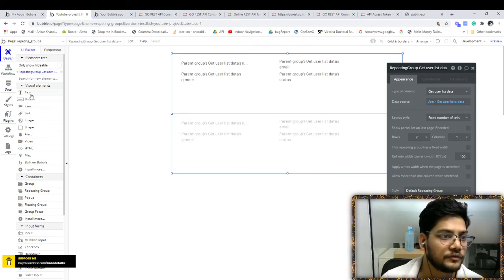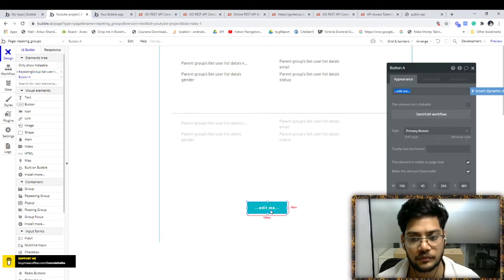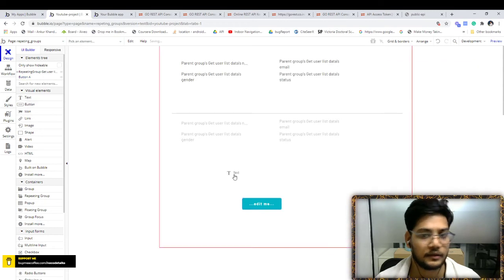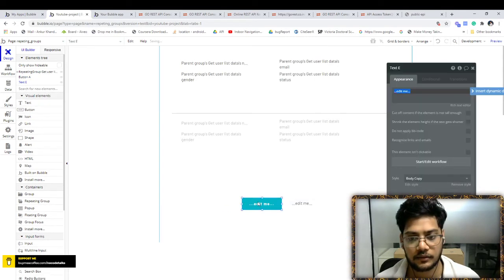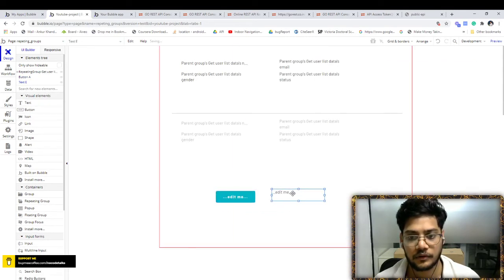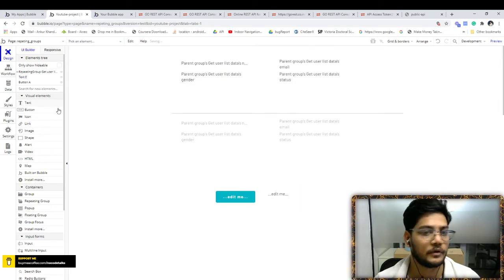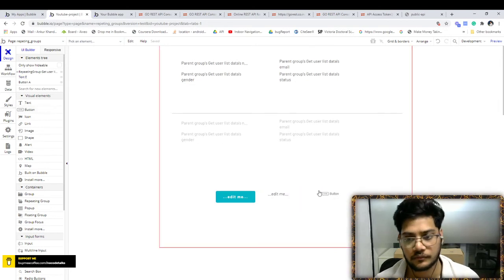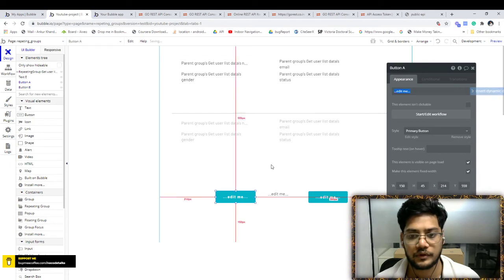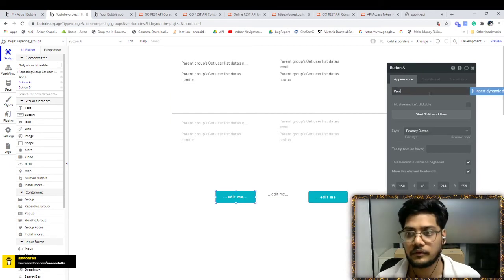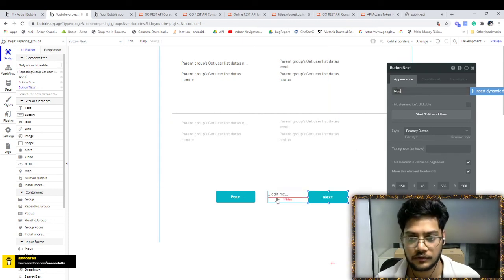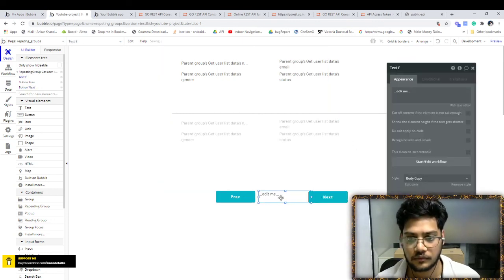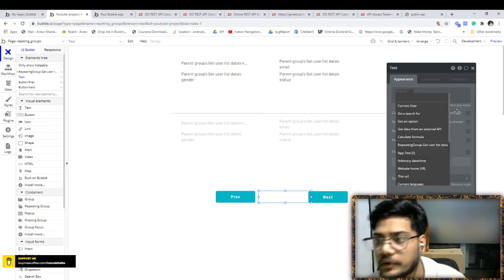Put these apart from the repeating group. Now the tags, and again the button. These are dynamic.